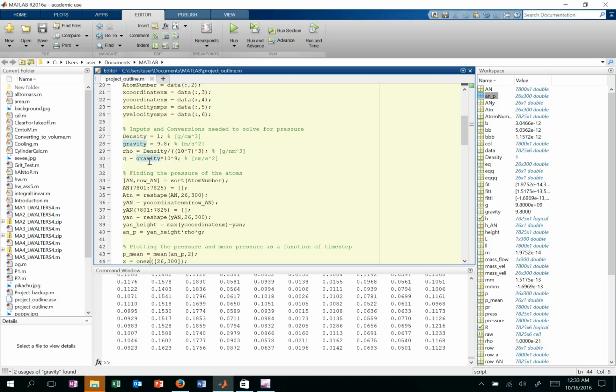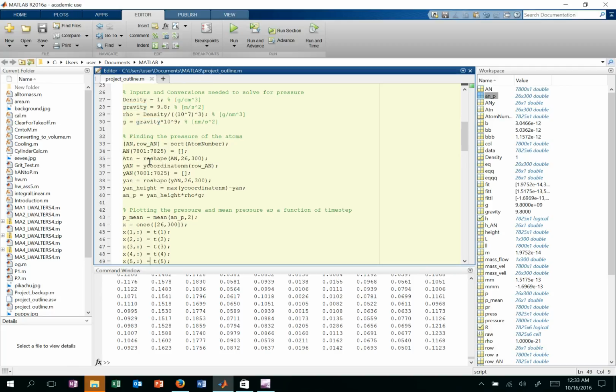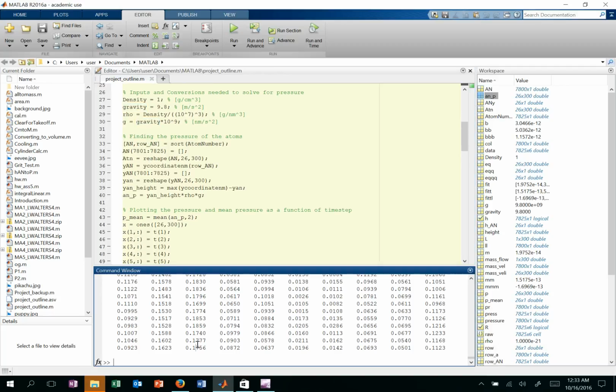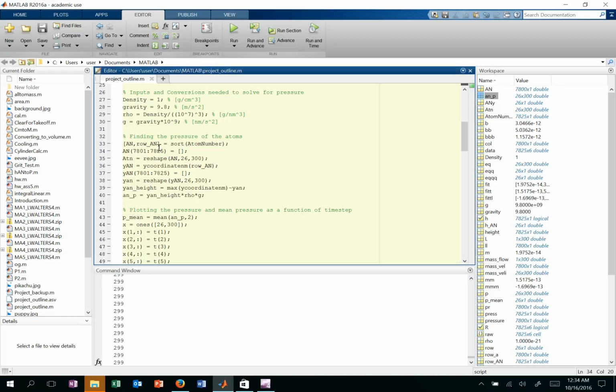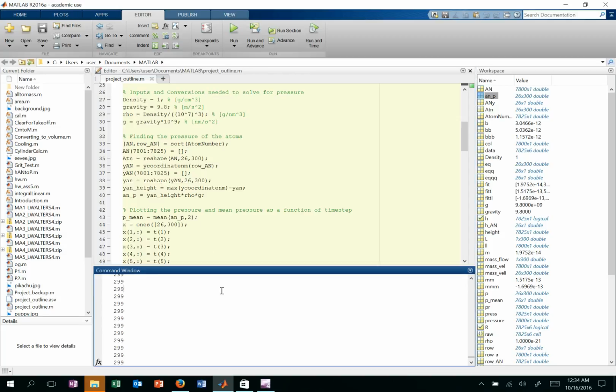We want to sort our data by atom number. That will basically leave us with it like this, and then we're going to get rid of all of the NaNs at the end of the data. It's going to sort the numbers first and then leave NaN at the end, so we get rid of those. And we're also going to reshape the data. It was taken at 26 time intervals, so by doing it like this,